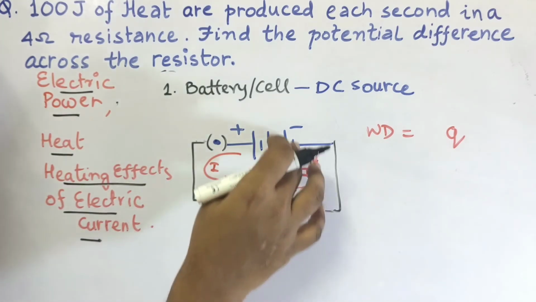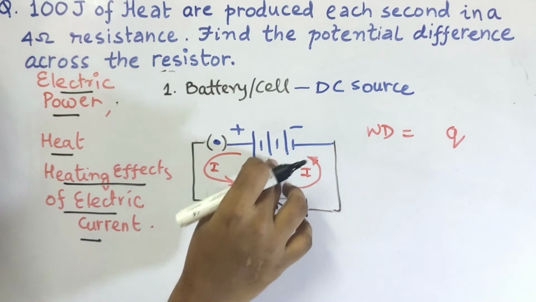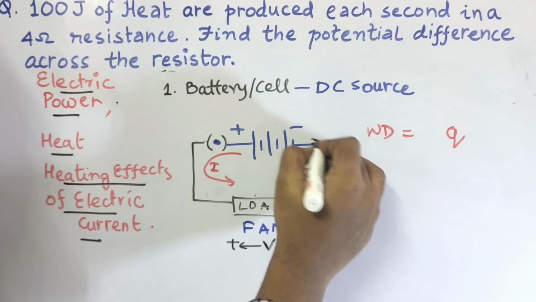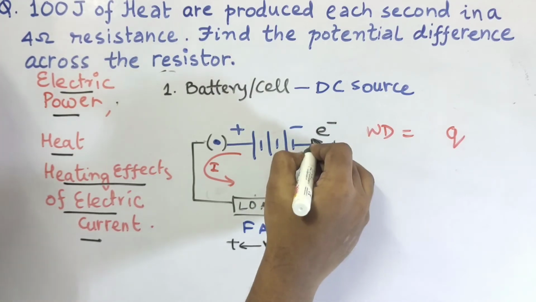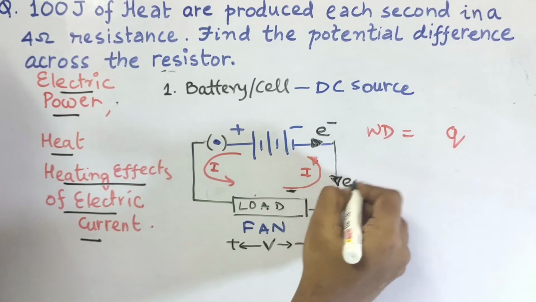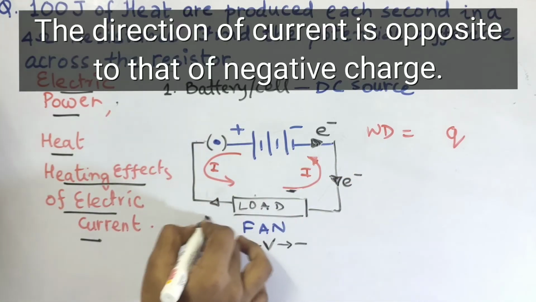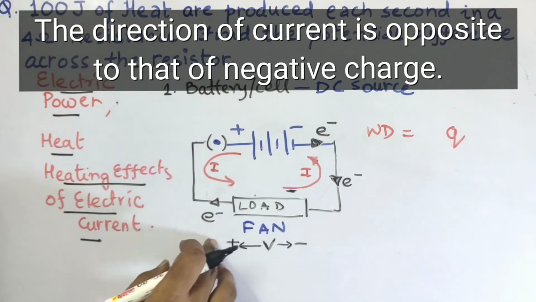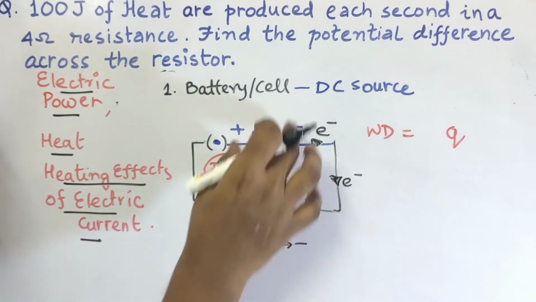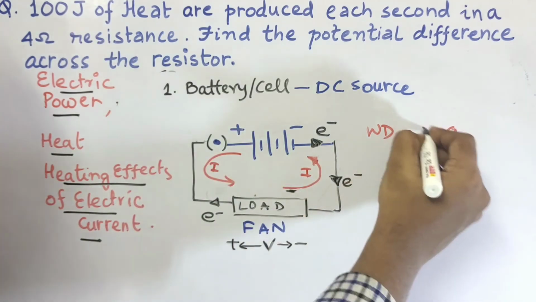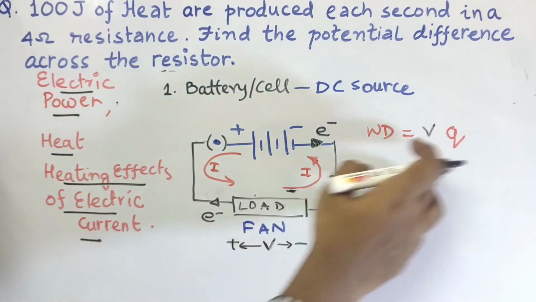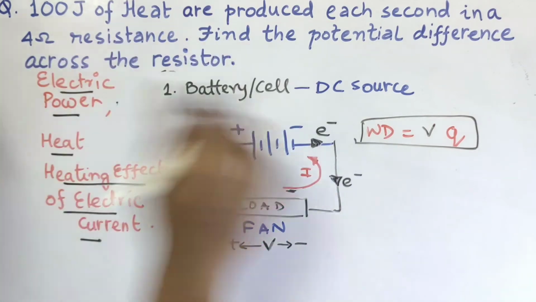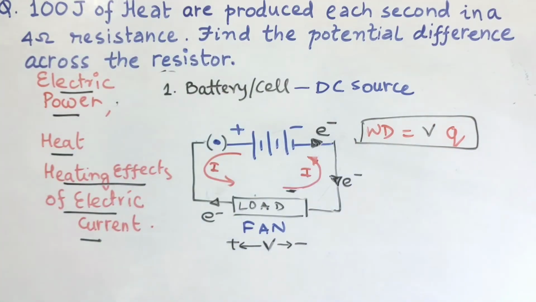So because of the work done by the energy source in making the charges, mainly electrons, generally they are electrons, move in the circuit, right? For making the charge flow through the circuit, to keep the current flowing in the circuit, work has to be done. Then potential difference created across the load is what? V. So this is the work to be done, and it is done by the source.